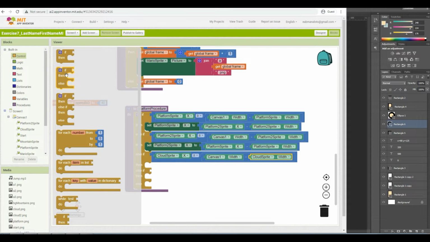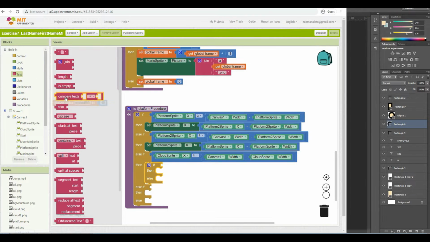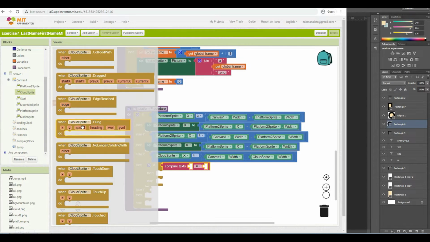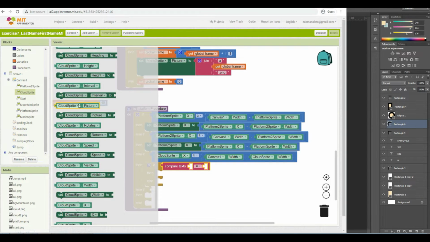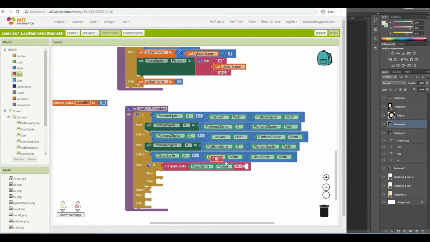So let's have a control if then else, and let's compare text. If the compare text, cloud sprite.picture, is equal to cloud.png, so this is the name of our first cloud,